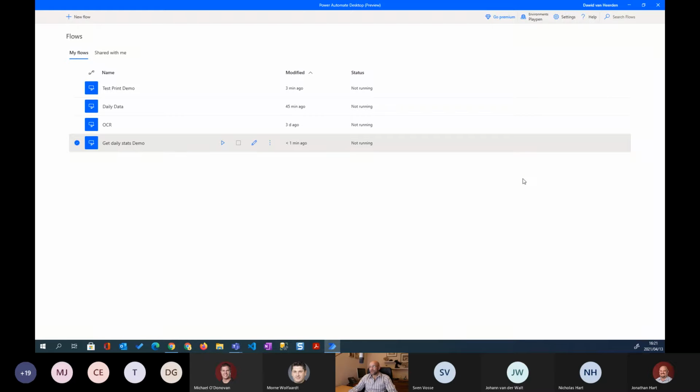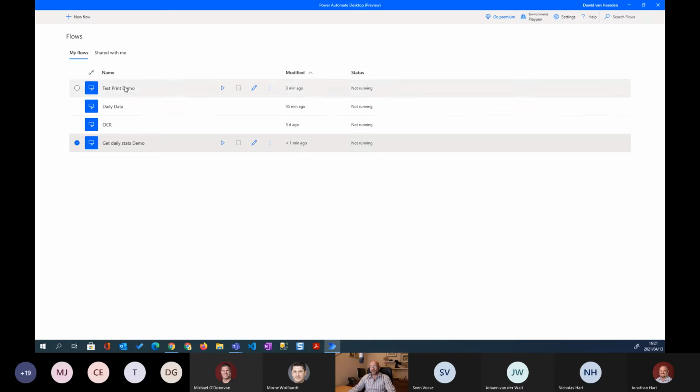It's important to understand that this is not a desktop version of Power Automate. You haven't just downloaded the whole Power Automate service onto your machine and now you can execute all of these things. It's not that, and it's not a studio for Power Automate either. Power Automate Desktop is only used for robotic process automation. So if you want to do anything else in Power Automate, you would still go to flow.microsoft.com.